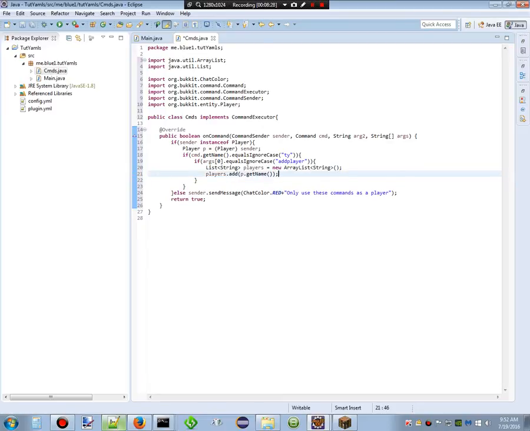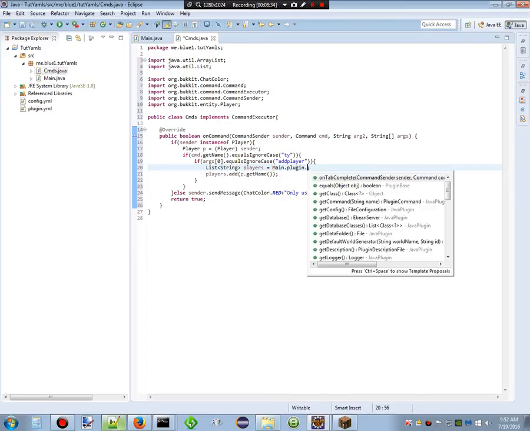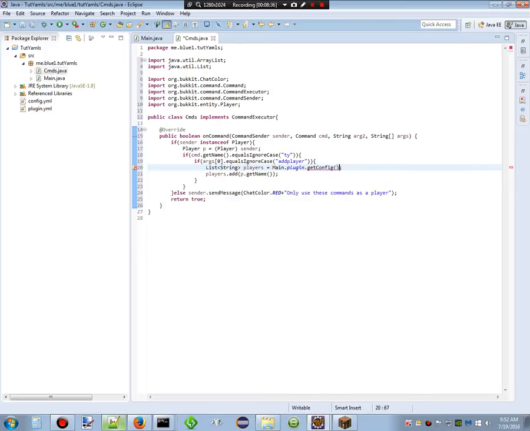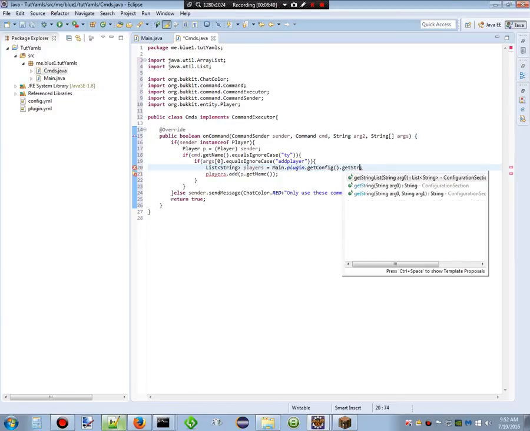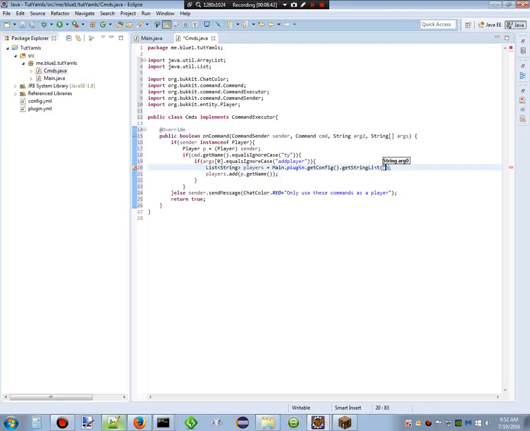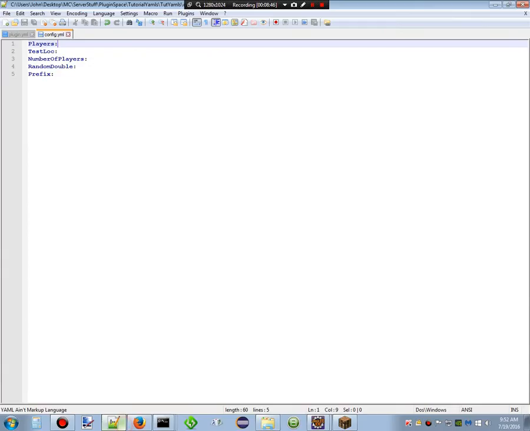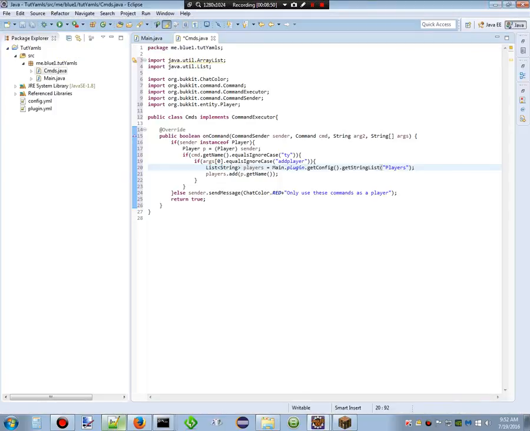Tell you what we'll do, instead of setting it to a new array list, sorry I'm kind of disorganized here, we'll set it to main.plugin.getConfig dot get string list, and in here we'll use players, because that will then reference this configuration section as a string list. Alright, so now we're going to add them to this list right here, and then we're going to use